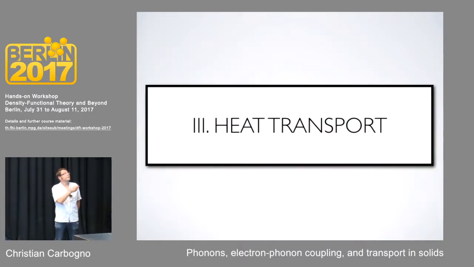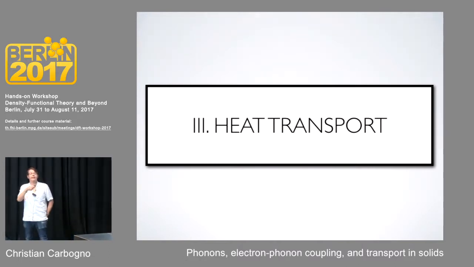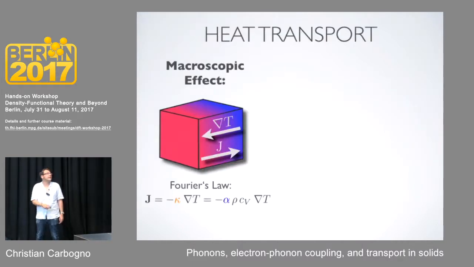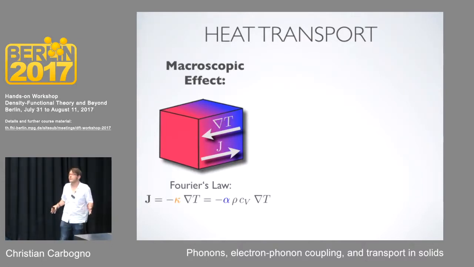And this brings me to the transport processes and transport coefficients. Here we will see this is an area where the harmonic approximation fails from the start. And when we talk about heat transport, let me stress that again: we're talking in this talk about a macroscopic effect. The usual thing you observe in daily life, you have a macroscopic bulk, there is a temperature difference or temperature gradient, and then a heat flux naturally develops and tries to reestablish thermodynamic equilibrium.